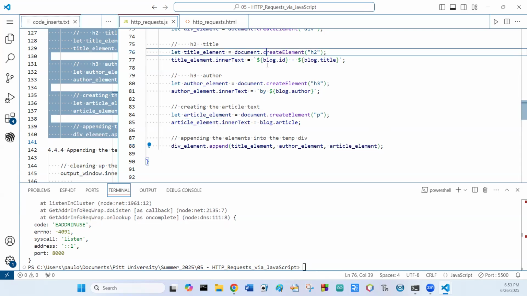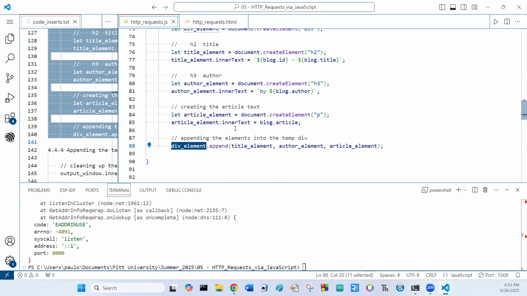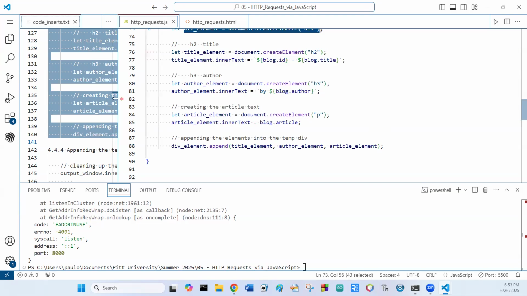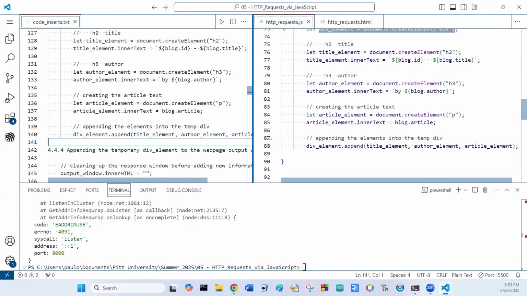So these were all flying in the memory. Now they are all connected to this div element, but this div element itself that we created here, it's also flying now, right? It has 3 components inside, but it's not really connected to your DOM tree from your document. So what we need to do as final step here, we need to